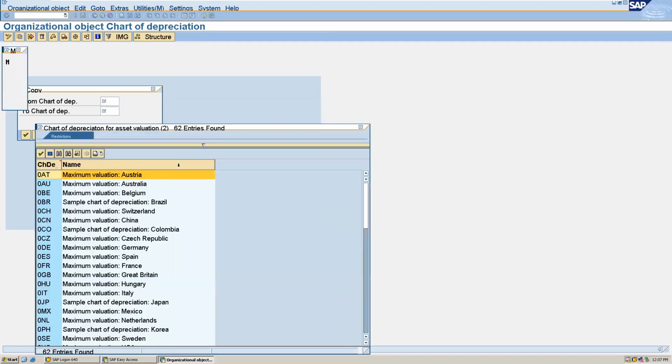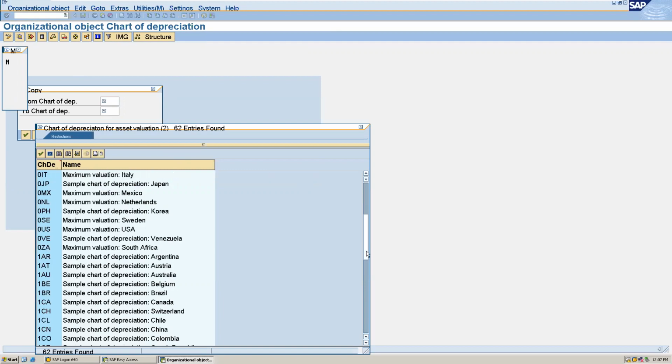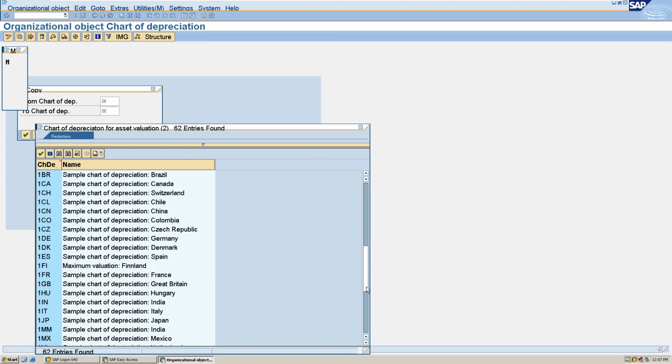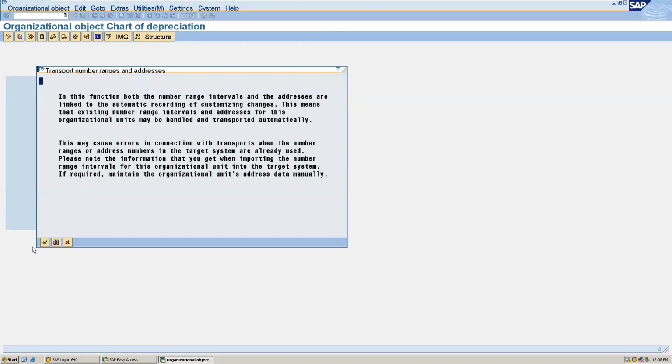Here you can select the Indian sample chart of depreciation. Let's see, it's 1IN. Let's select that and we'll create our own chart of depreciation, that is ALLO, same as the company code. So now it's copying from the sample chart of depreciation to our chart of depreciation.